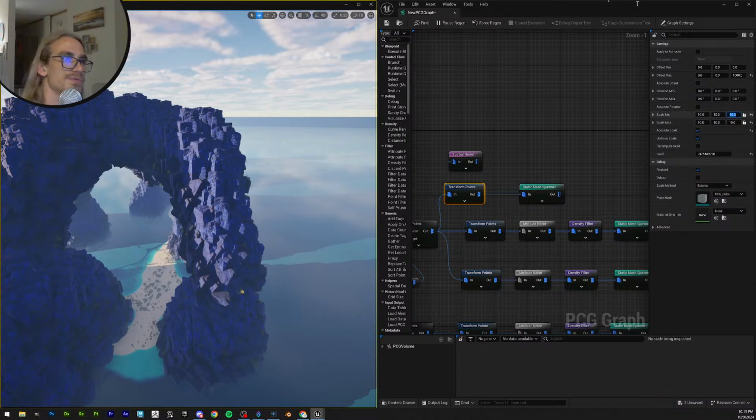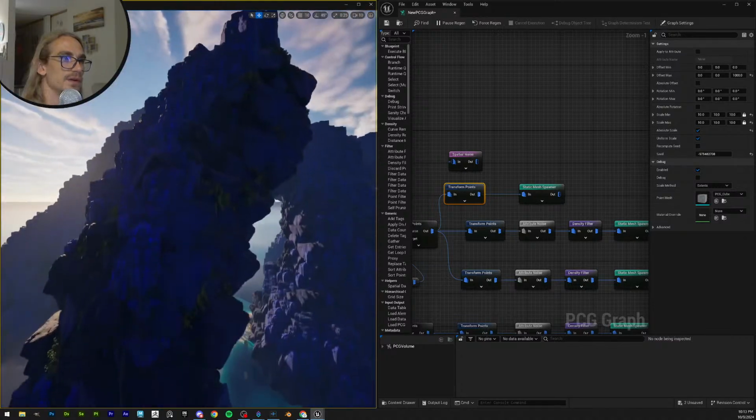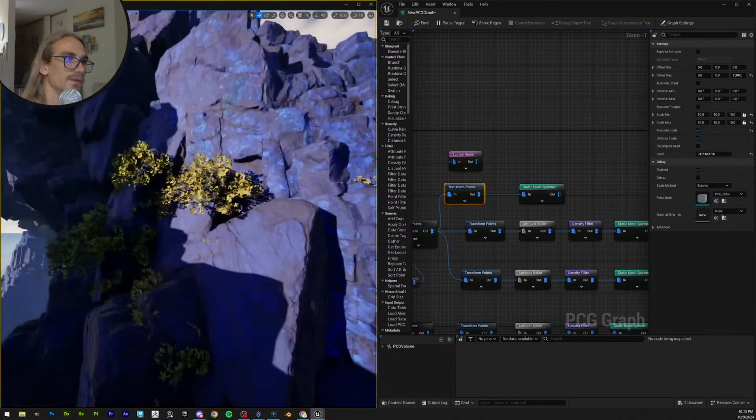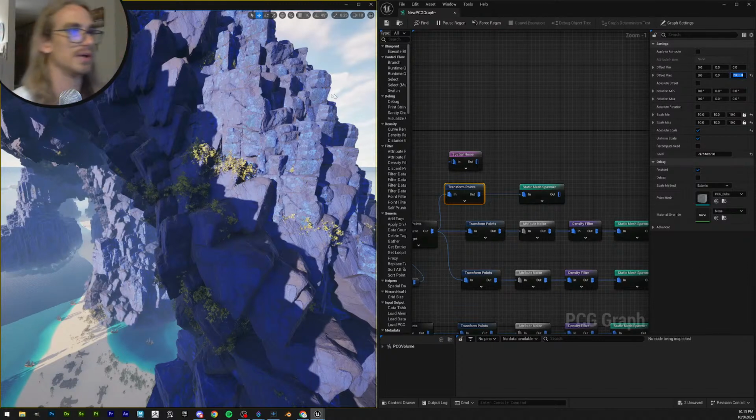Let me see, are those trees? Can I see some trees in there? Oh yeah, I see some trees. Hey! Yay! Yay! Let's make them push, let's push them out 2,000 units out,